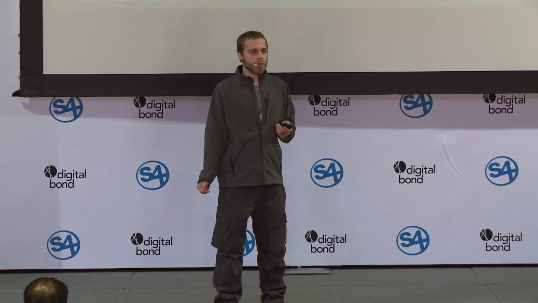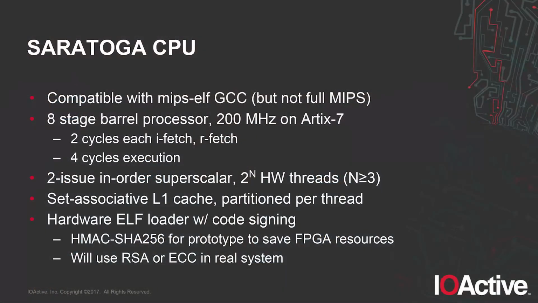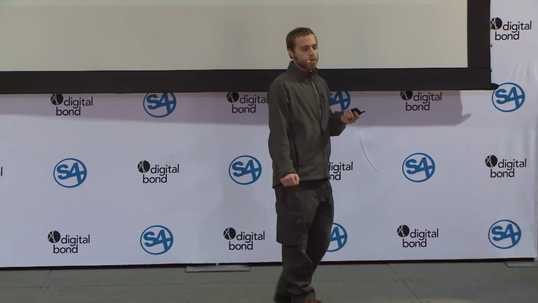We are a little short on time, so I'm not going to go into too much detail on the architecture of the CPU, but it's a fairly standard 8-stage pipeline superscalar CPU. The one thing that is unique about it is there's a hardware ELF loader. If you look at what it takes to run a statically linked ELF, there's not that much parsing of the headers required. Basically, you just find the program header table, loop over the program headers, and create a page table entry for each one of these blocks. So it wasn't that much work to do a signature check on the contents of these program headers before loading them. So now we can have the CPU itself enforcing code signing. Good luck patching that out.